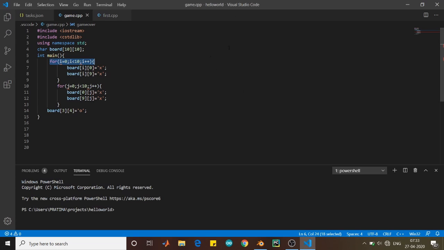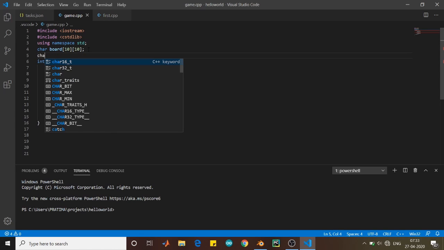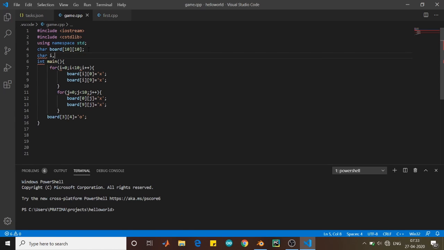You can also see an error. I don't know if it is clearly visible or not, because we haven't defined i and j. So we also need to define i and j. I would like to define i and j as char only. Okay, so we are clear of the error.